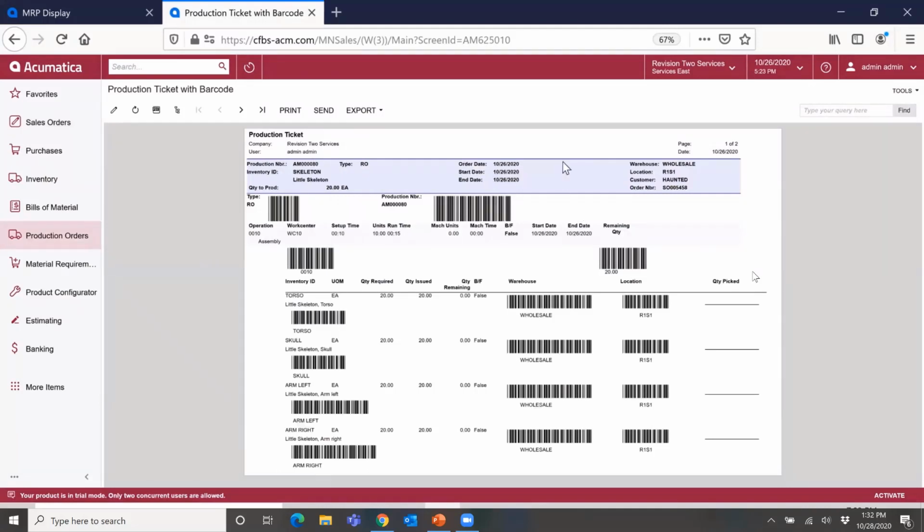You have the order date, and like with every report in Acumatica, you can print this or export this to Excel or PDF. But this is the job traveler going to the shop floor so that the staff on the shop floor know how much they have to produce of what. So coming back to the labor